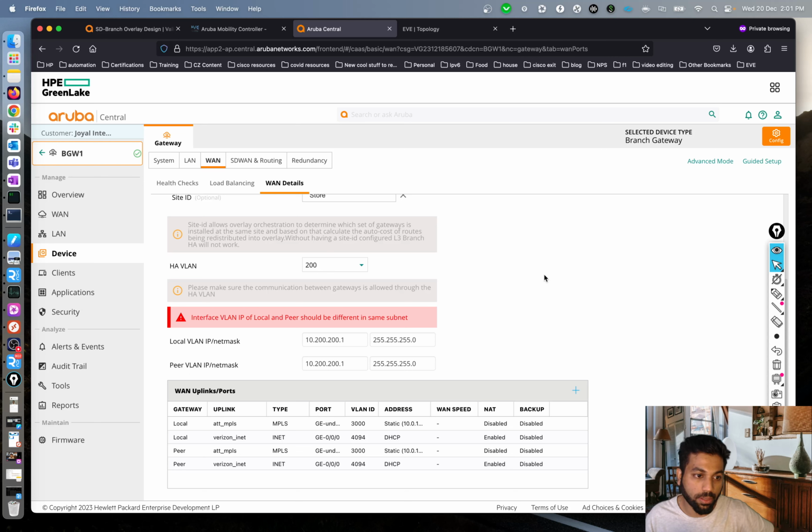I'm not sure if it's something to do with the virtual device, because we're using the virtual device as a branch gateway. Ideally it should be used as VPNC, so maybe it's something to do with that. But the solution which has worked for me is,